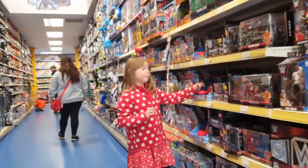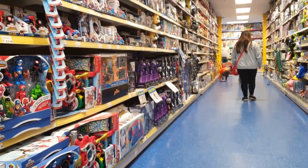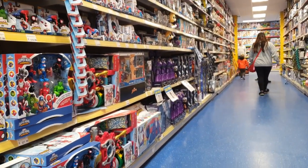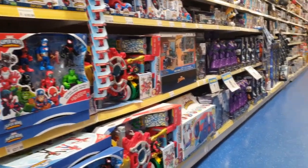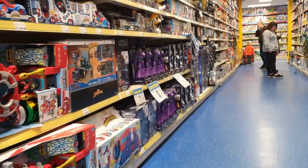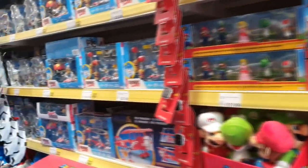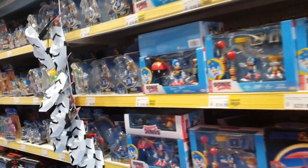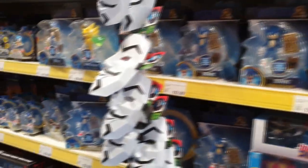SUPER7 Junior, very excited there. She's found the Among Us stuff, among other things. Mario and Sonic, that's pretty much her thing. Nothing really going on here for me so far, so let's skip ahead and see what else we can find in store today. A bit further up, there is the section for the Five Nights at Freddy's stuff, but